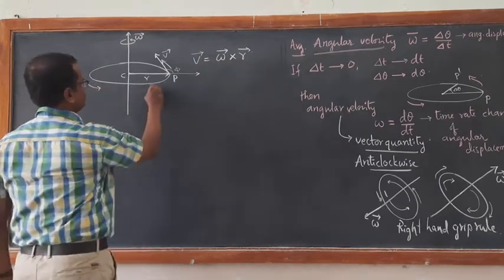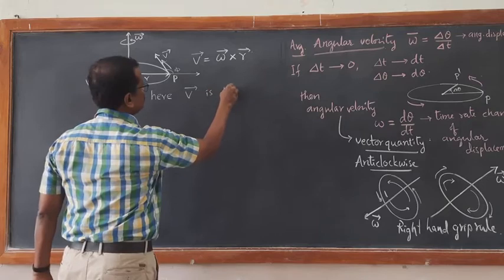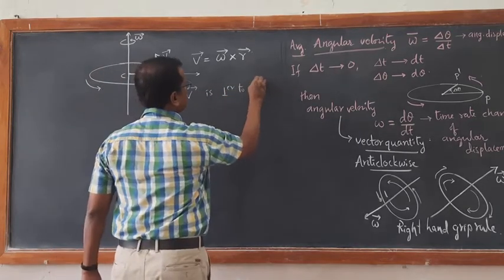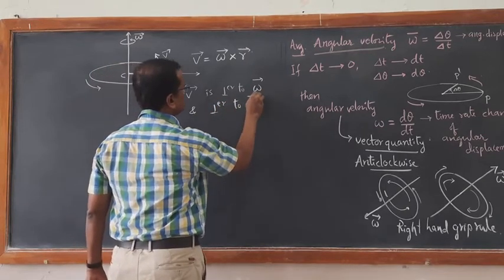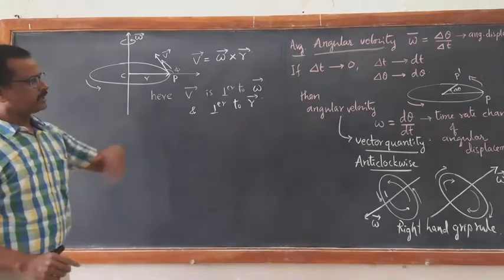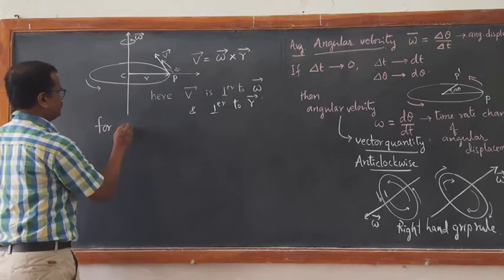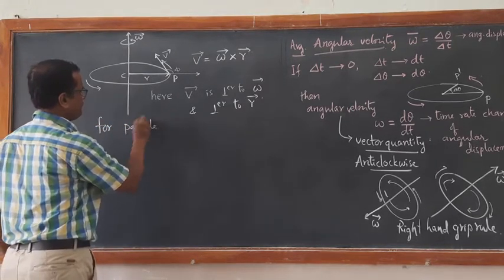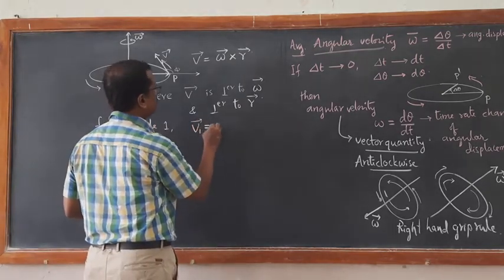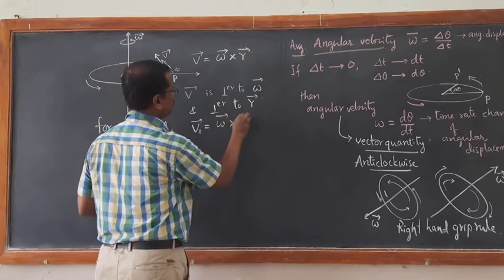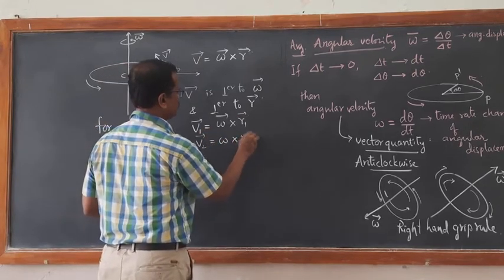So here v is perpendicular to the omega vector and also perpendicular to the r vector. So like this, there are a number of particles. So for particle 1 of mass m1, let us say v1 is equal to omega cross r1, v2 equal to omega cross r2,